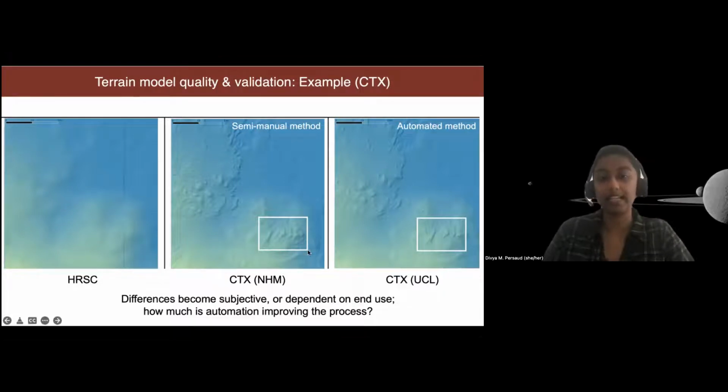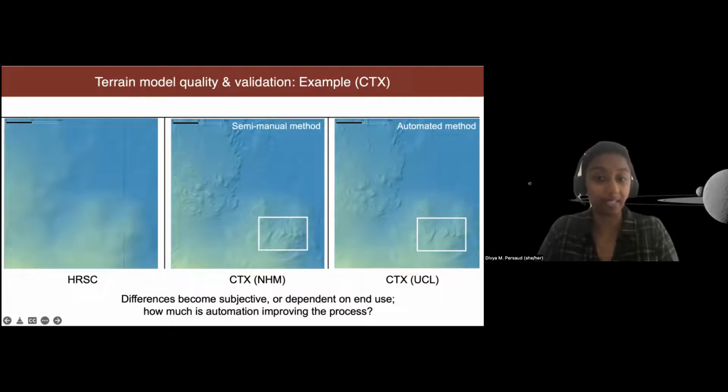Also important is that I know that geologists process this. And I'm a geologist who processed this, and I had to go through all sorts of refinement to improve what this looked like. So it kind of ended up being about who was using it at the end, who is looking at the terrain and thinking, I need this, or I actually don't want to spend time fixing or refining this area. I didn't really care about this area myself.